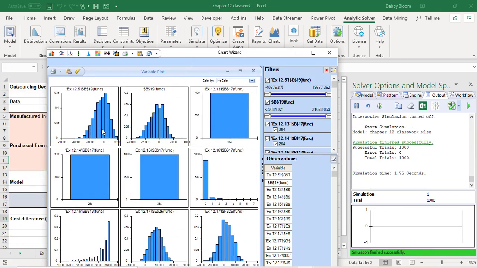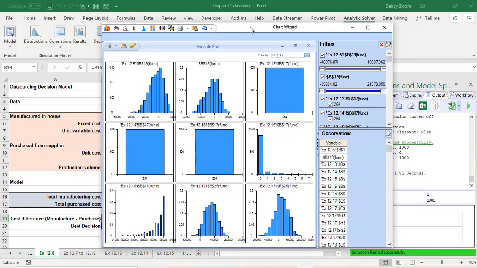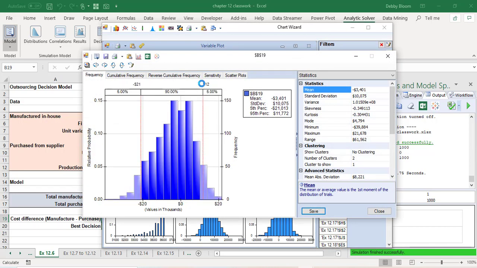And I get a whole bunch of cells because I have several simulations running on this workbook. But what we're interested in right now is cell B19, our cost difference. So I'm going to double click the chart where it says B19. And I'm going to get output specifically related to B19. Now this gives us all sorts of information about the 1000 trial simulation that was just run. So it shows us our mean, negative 3401,